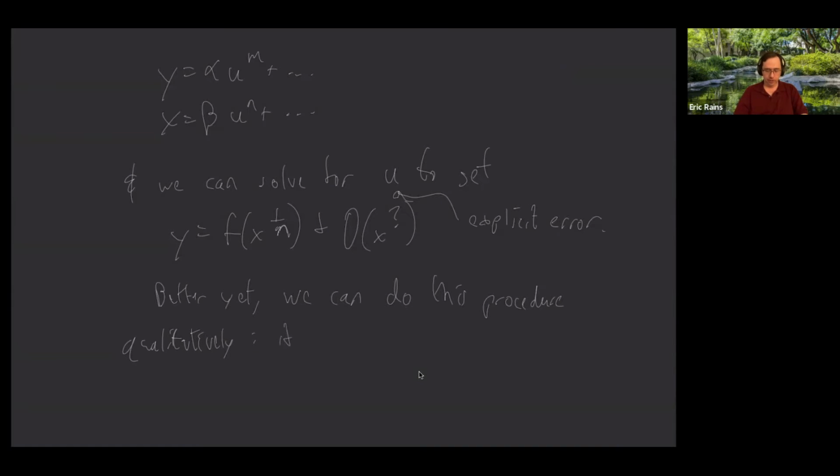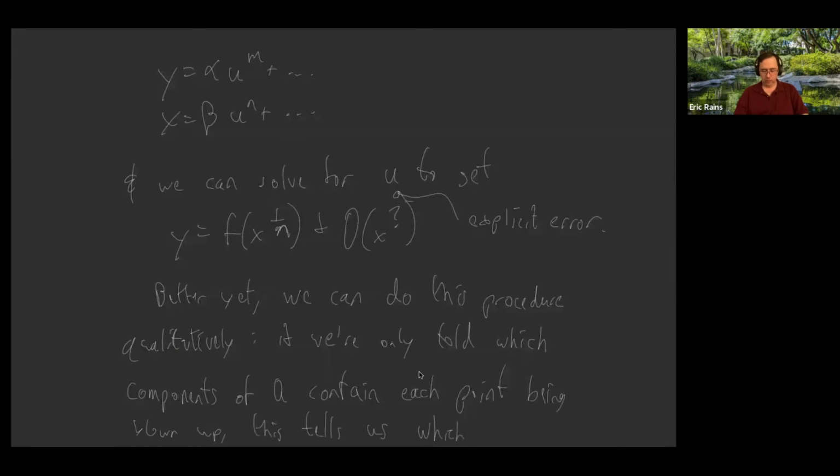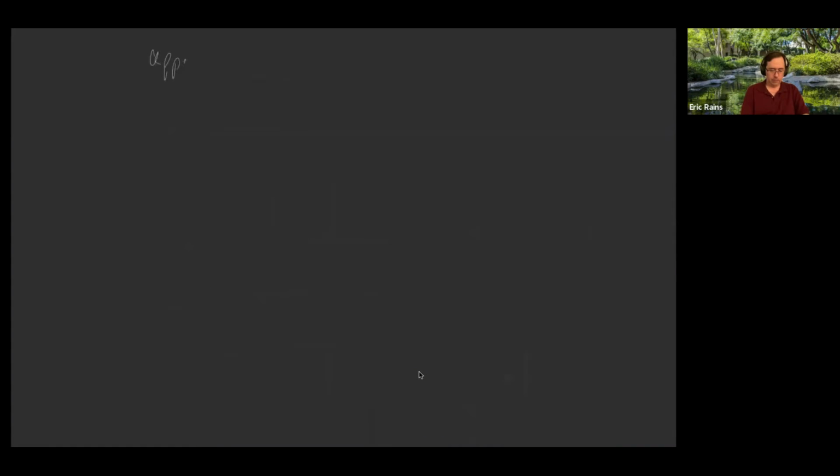That is, if we're only told the gross information about our blowups, namely which components of Q contain each point being blown up, this tells us which coefficients can appear in this function f. So in particular,